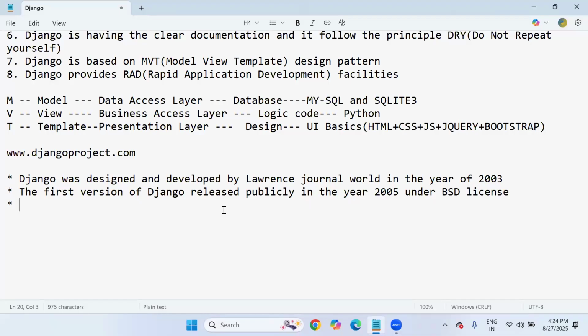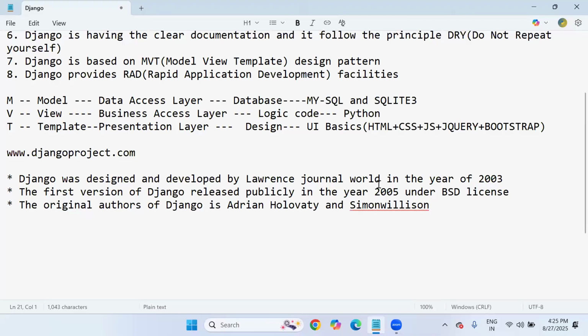Django is similar: it was developed by Lawrence Journal World, but the original authors of Django are Adrian Holovaty and Simon Willison. These two are the original authors of Django, exactly.